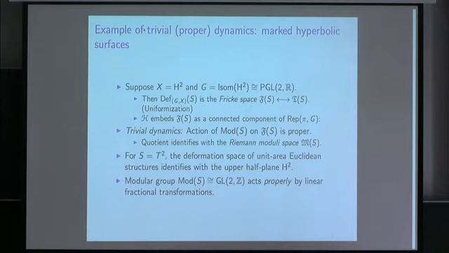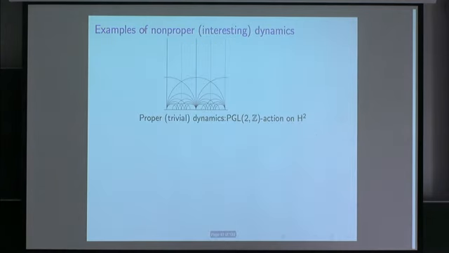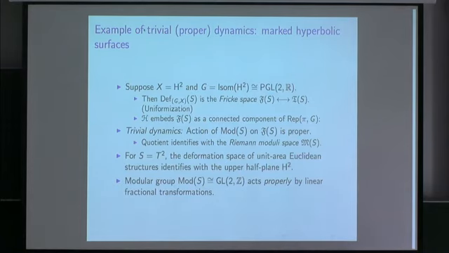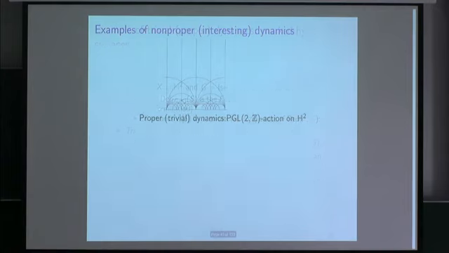These are lattices. A marked lattice is just a basis of a vector space, and it's known that the deformation space is naturally the upper half plane, and the mapping class group, which is GL2Z, is acting by linear fractional transformations in this standard way. So this is a familiar picture of the tessellation corresponding to the action of the modular group. So the moduli space, the quotient, would just be the fundamental domain, one of these hyperbolic triangles.